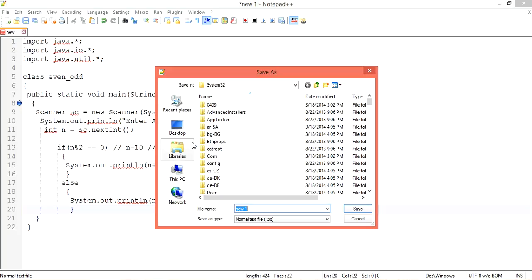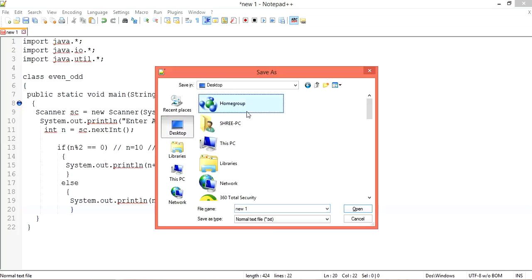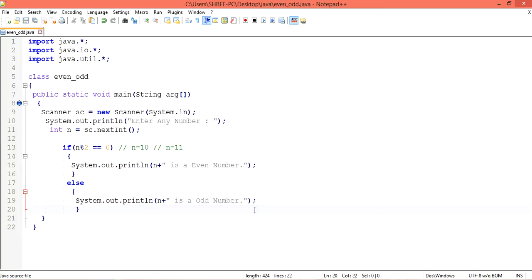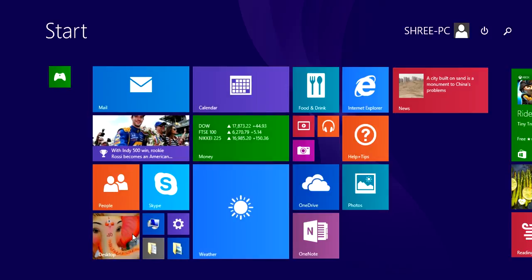Then save this file: go to desktop, java, and save as even odd dot java. Now we compile this file.